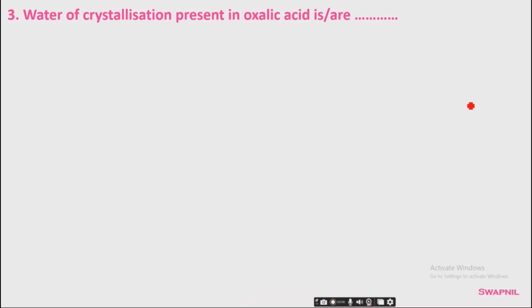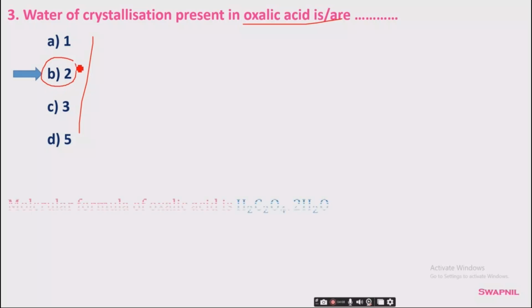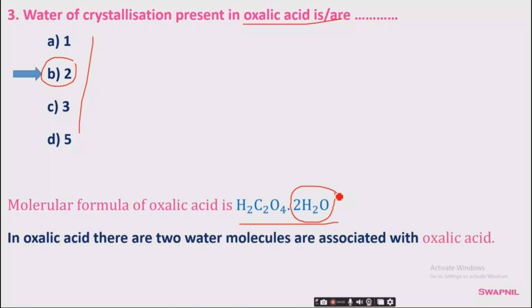Water of crystallization present in oxalic acid is, and these are the options, and the correct option is option B, that is 2. This is the correct option. We know that the molecular formula of oxalic acid is H2C2O4·2H2O. In this formula, we have seen that there are 2 water molecules associated with the oxalic acid. So water of crystallization present in oxalic acid is 2. So next,